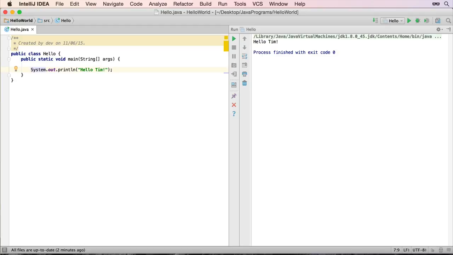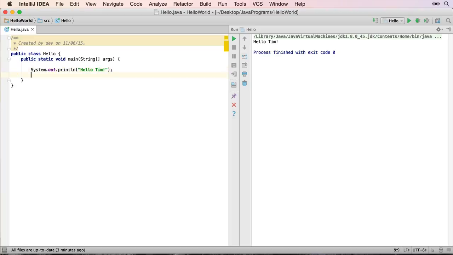Now as we move forward with the course, we'll be talking about lots of different types of data, but we're going to start off with a really basic one that's included in Java, and it's called the int, which is short for an integer. So an integer in math terms is a whole number without any decimal points, and it's the same thing in Java. So if we want to use variables, we need to define what's called the data type, then we need to assign a name to it, and optionally we can also define a value to it. So what I'm going to do is go to the end of the line